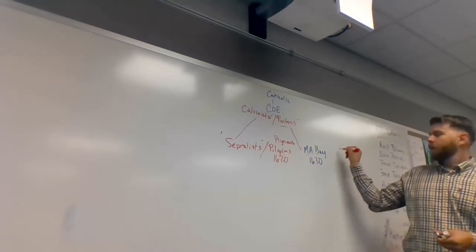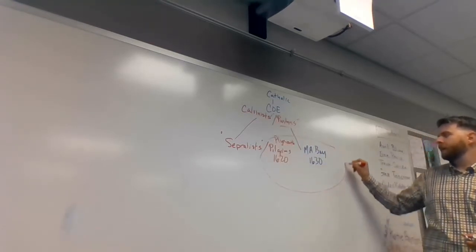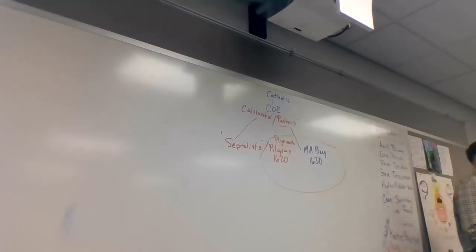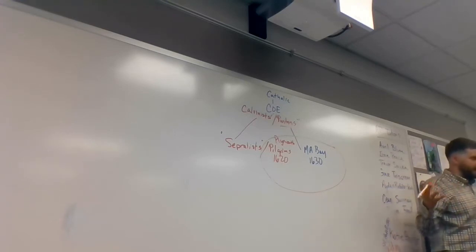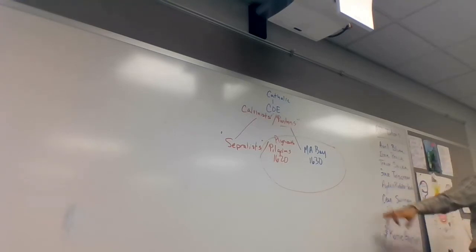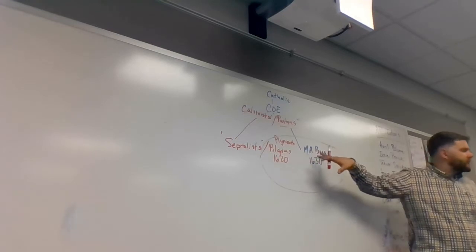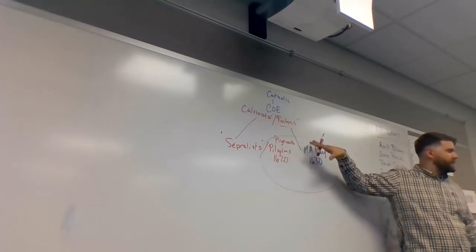eventually become one. As you were reading about the fragmentation of the colonies, the creation of new colonies, and the merger of old ones, I think I said one way to keep this in mind: any colony that was established before 1630, that would be Plymouth and Maine, eventually got consumed by Massachusetts Bay. They merged, okay? So now we've got these two colonies and eventually one colony that's being controlled by